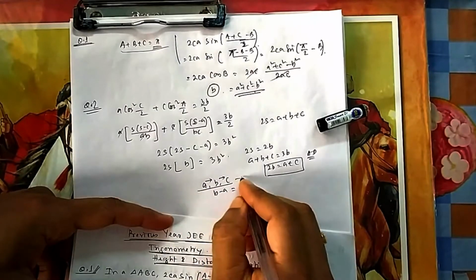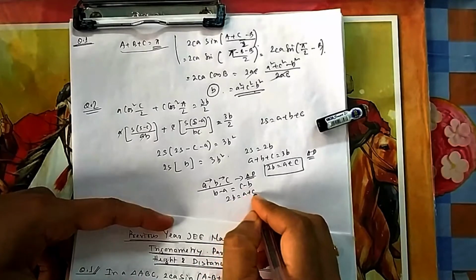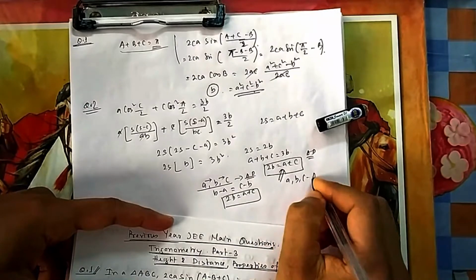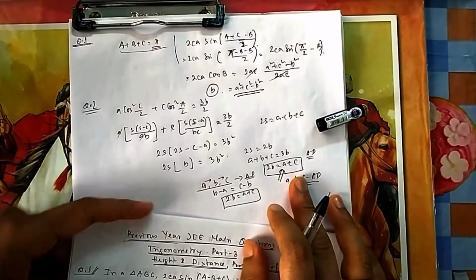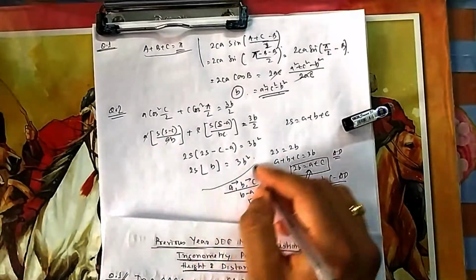If they are in AP, you will know it later. Those who know, that's okay. So this is the property of AP. If it comes like this, then we say A, B, C are in AP. Because it is coming like this, that's why it is in AP. So you remember for now. If you don't know, you can see it later; this is the property of AP.